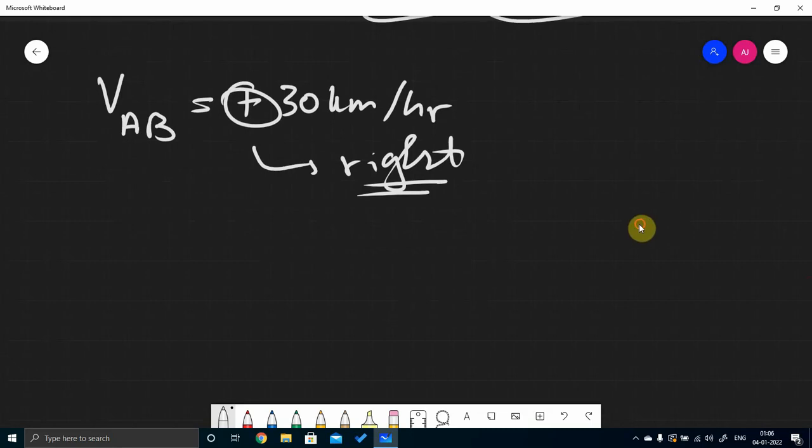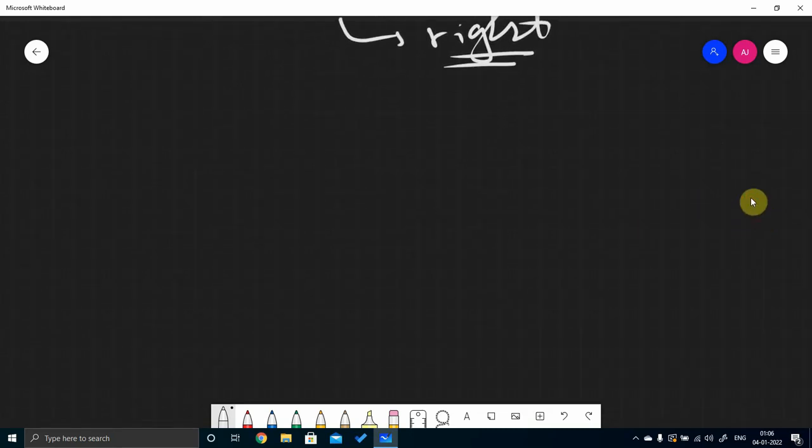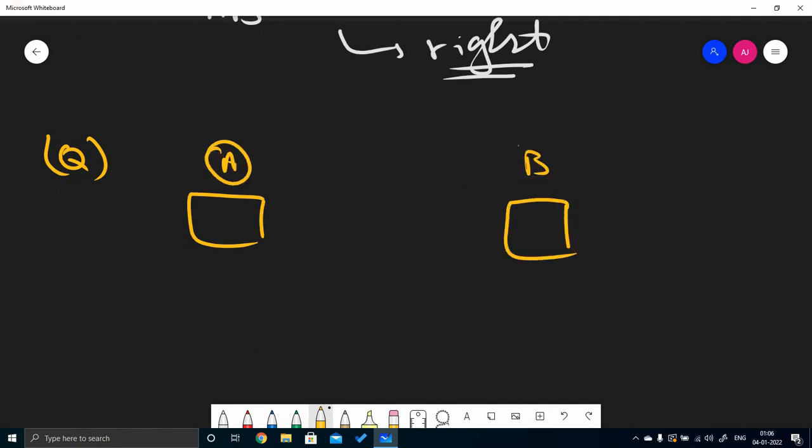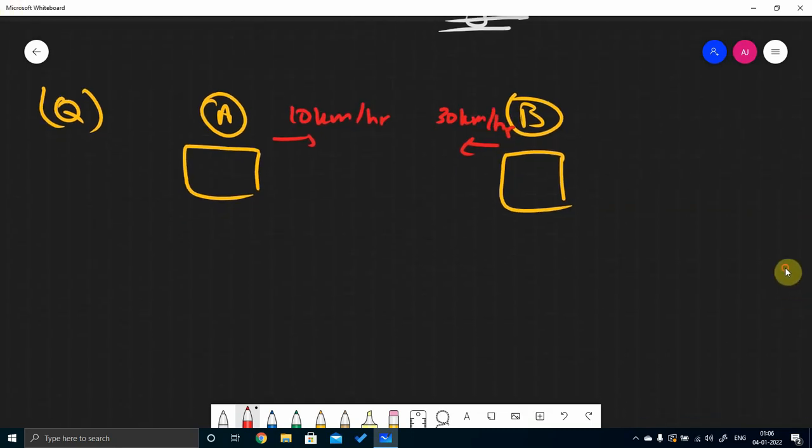Now let's look at another question, and this question we're going to do a lot faster because now we understood the concept. So let's say that again we have two cars. This is car A and this is car B. This time, car A moves with 10 kilometers an hour towards the right, while car B moves 30 kilometers an hour towards the left. Now I need to find